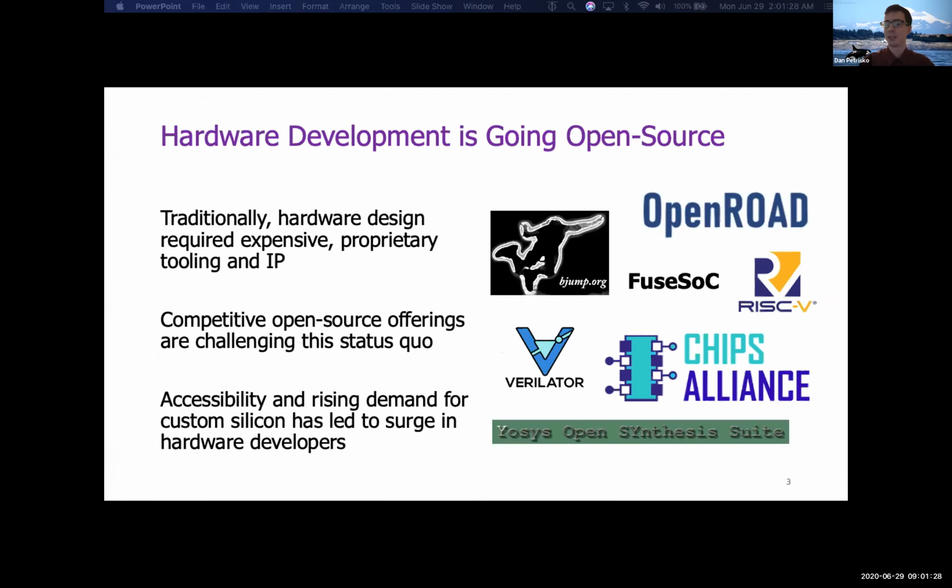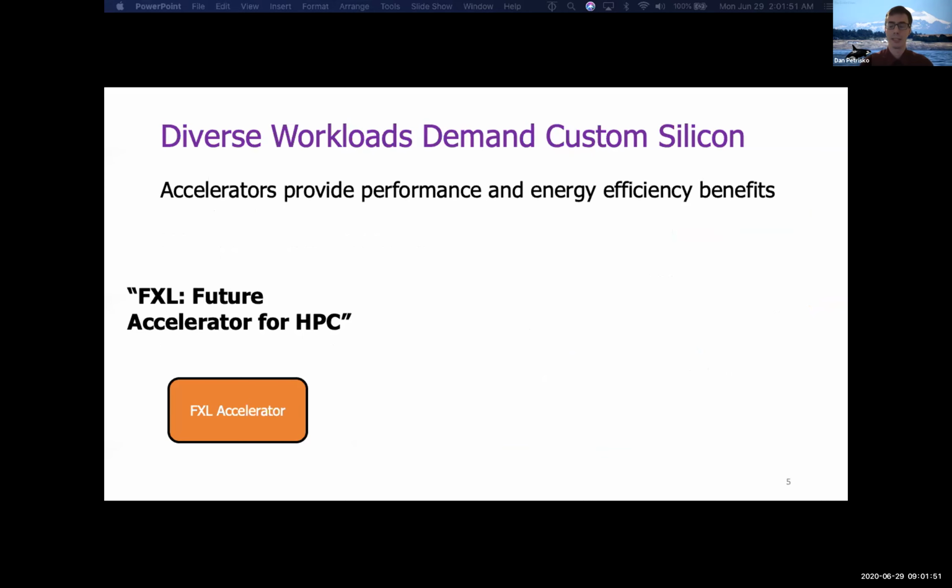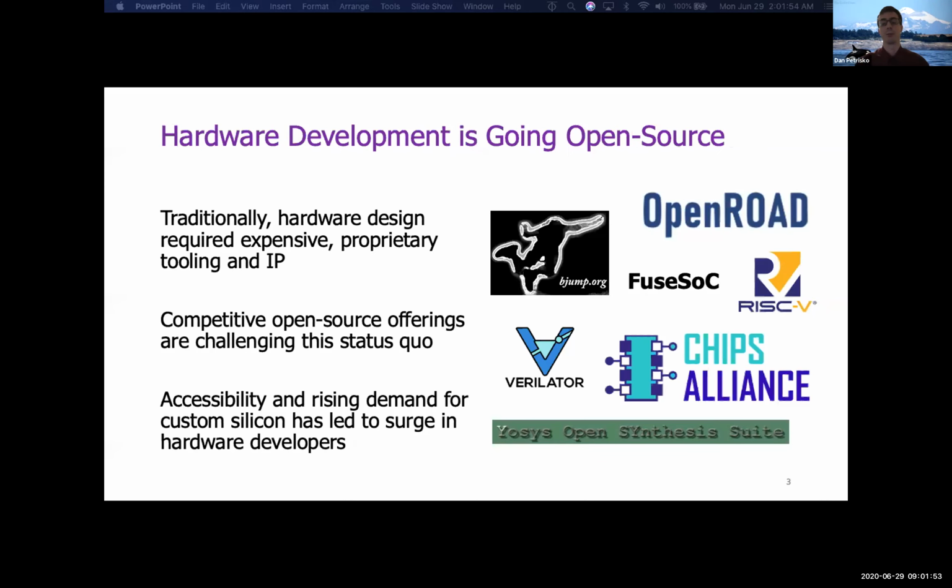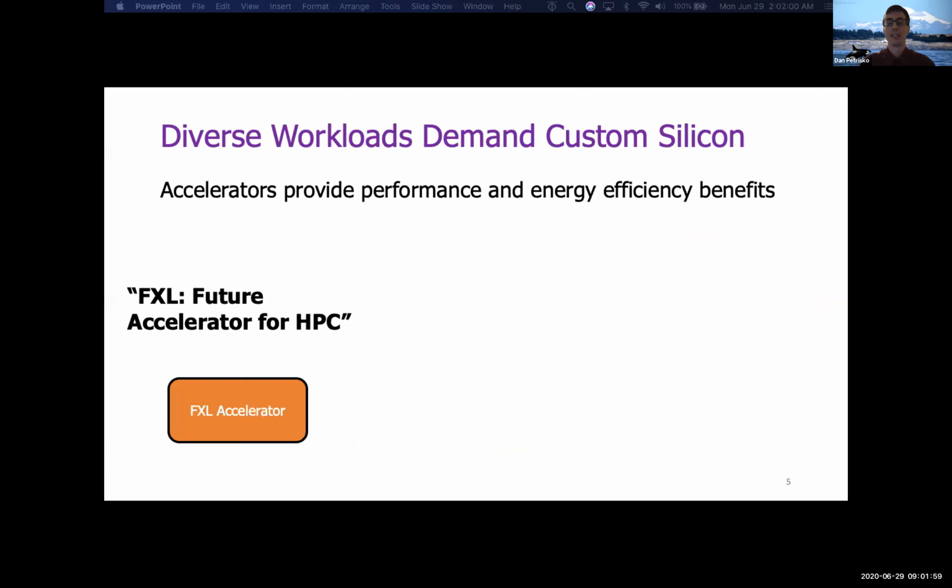Traditional hardware design methodologies rely on expensive tooling and proprietary IP libraries, as we just talked about. Only recently are open source CAD tools approaching parity with these commercial offerings. This is really exciting because it allows researchers and hobbyists to get involved in the ecosystem of taping out chips. Because these open source offerings reach a wider audience than the traditional methods, there's an increased demand for libraries which provide new users with basic building blocks, as well as veterans with flexible verified components. It's no coincidence that this is happening when we're in an era where diverse workloads demand custom silicon. With the end of Dennard scaling, accelerators are exploding.